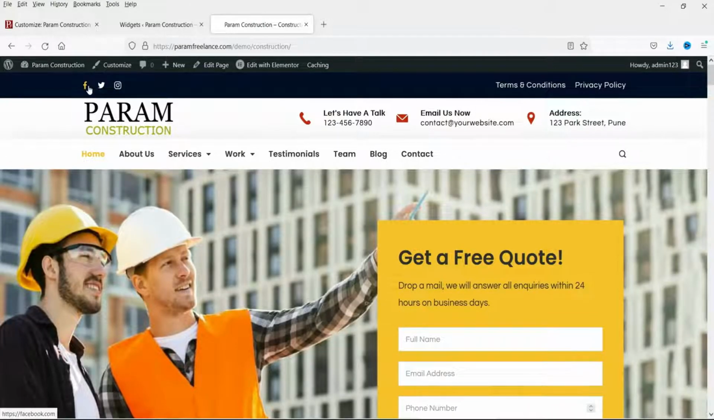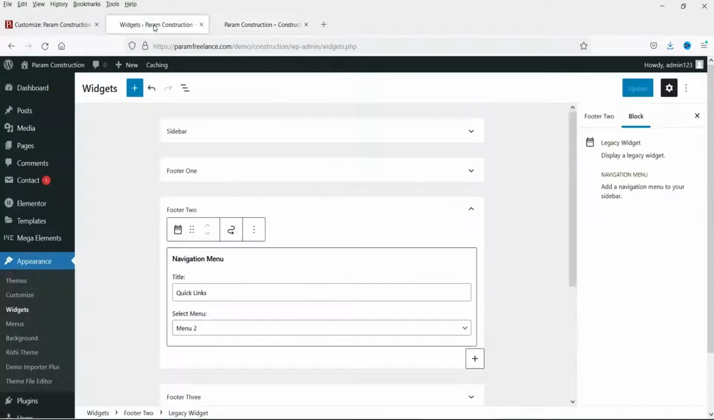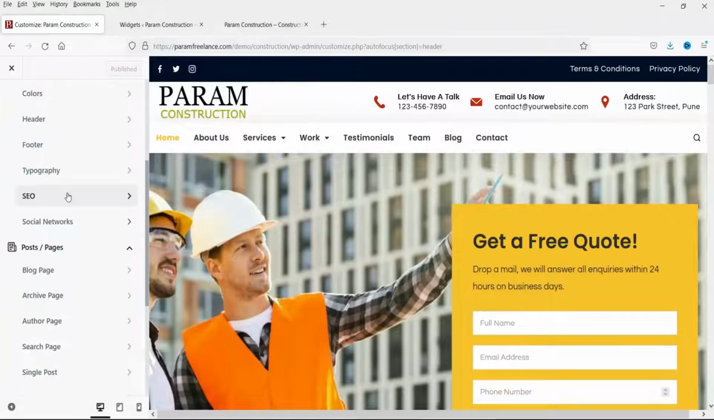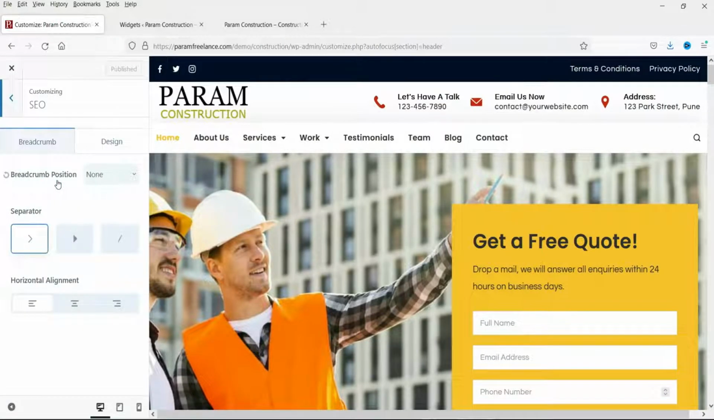Now you can see that the link has been added to these two icons. All right, so this is how you can add the links to your social media icons. Now this one is SEO. This is if you want to enable breadcrumb composition on the blog post, you can just enable it before title